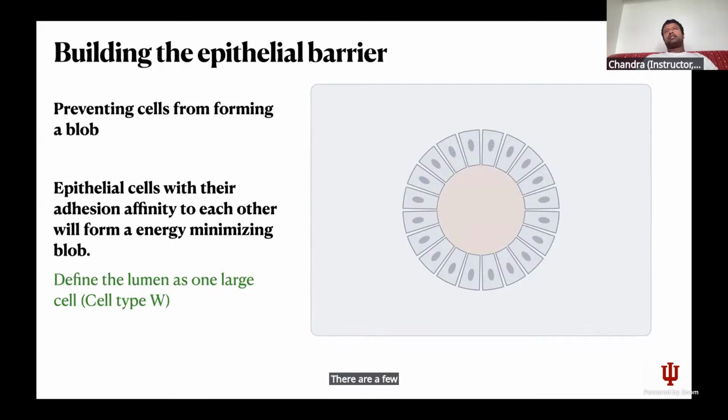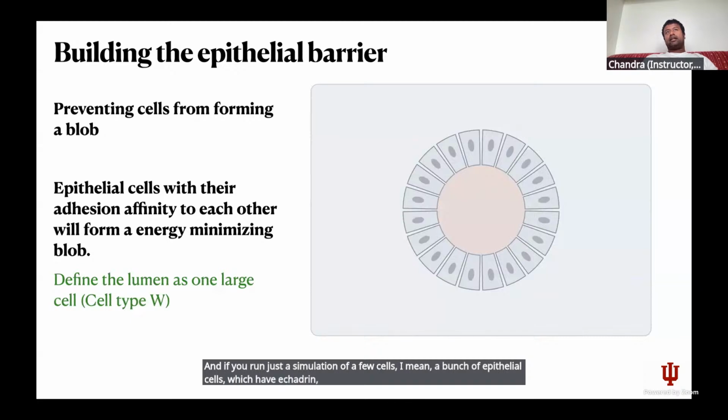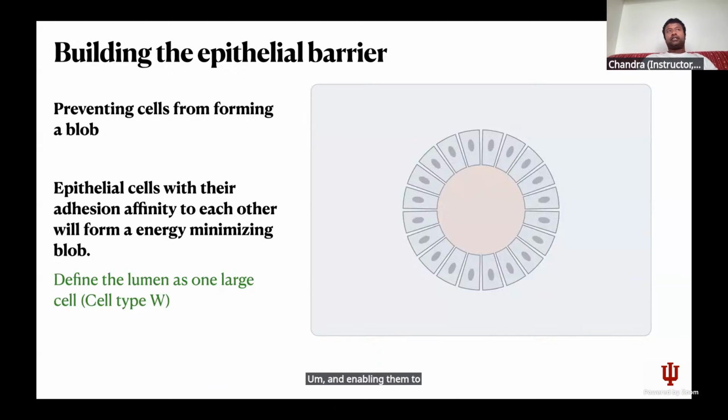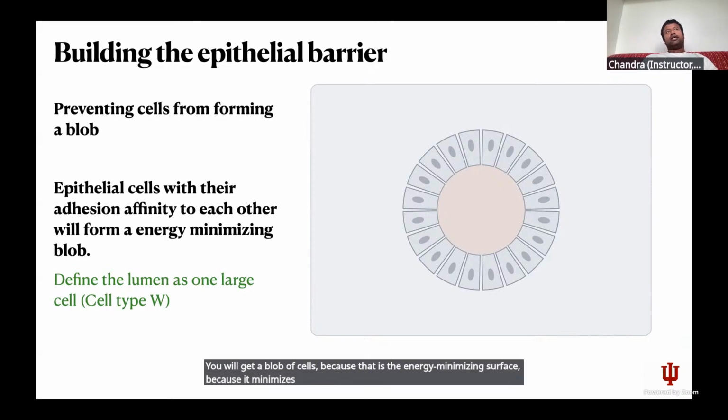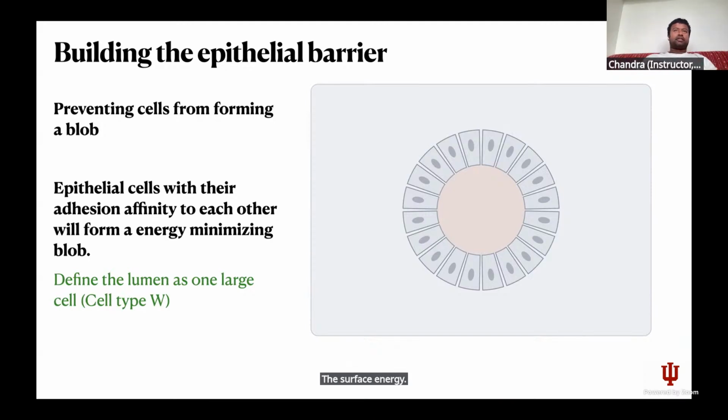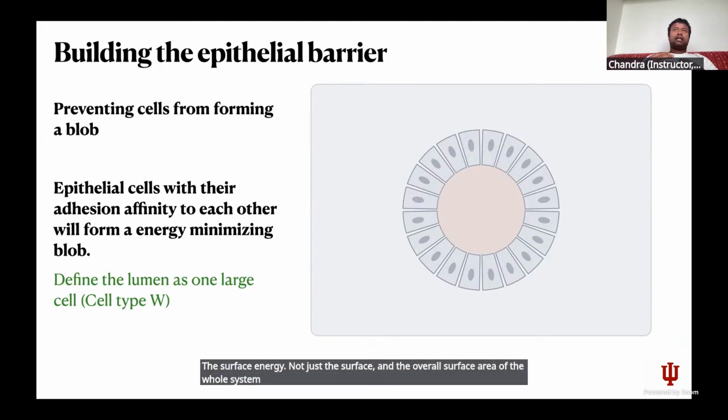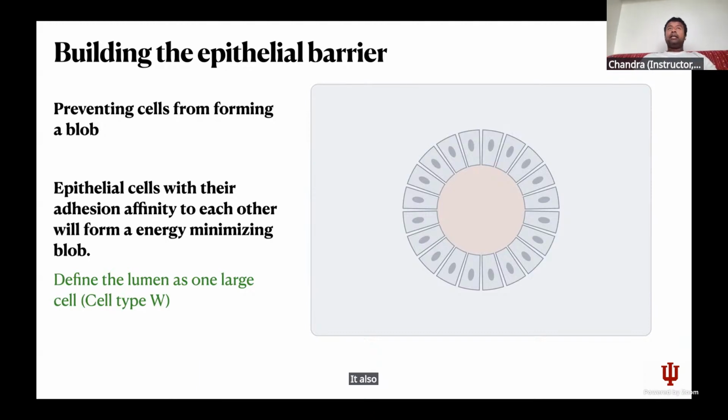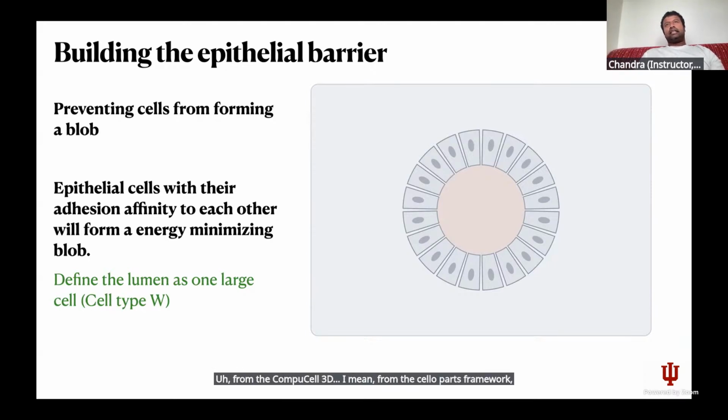There are a few things to consider. Given that they express this E-cadherin, which means they have affinity to bind to each other, if you run just a simulation of a bunch of epithelial cells which have E-cadherin, enabling them to adhere to each other, you will get a blob of cells, because that is the energy minimizing state. It minimizes the overall surface area of the whole system. It also minimizes the contact; from the Cellular Potts framework, they have the least amount of